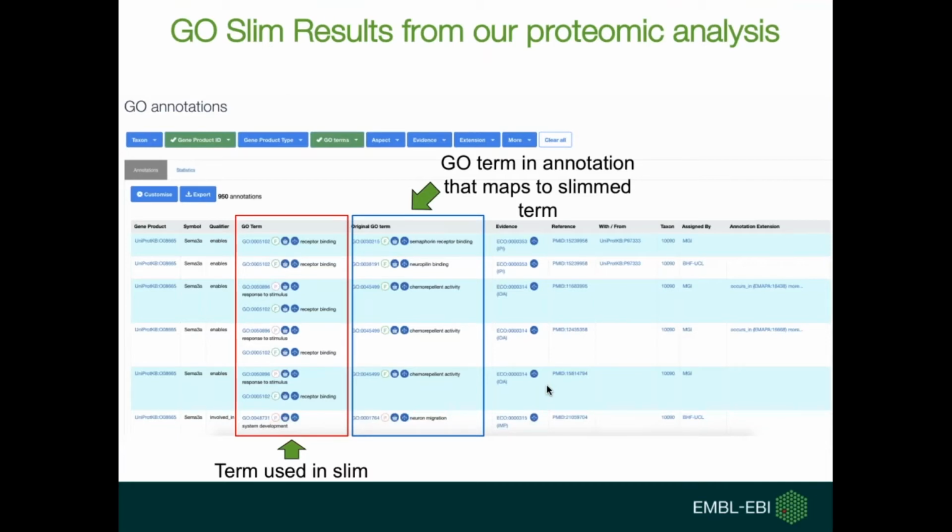So we get something that looks like this. This is our GoSlim results from our proteomic analysis. We see two new columns here, one that says Go term and the other one, original Go term. Go term refers to the Go term that we use in the slim. So on the previous page, that mouse slim, these are all the terms that we use. And the original Go term is a Go term in the annotation that maps up to the